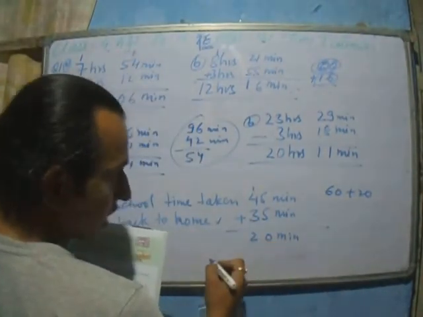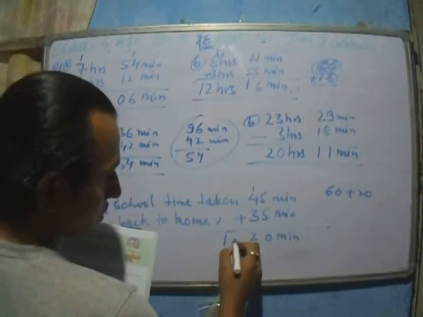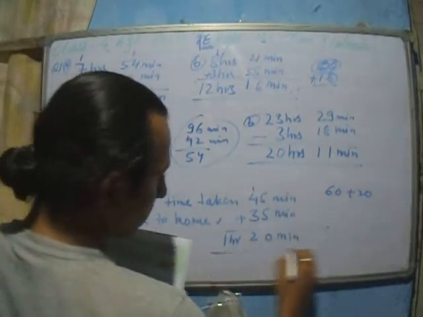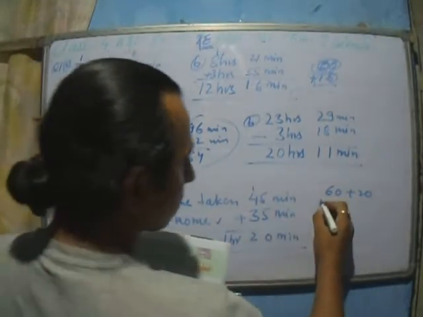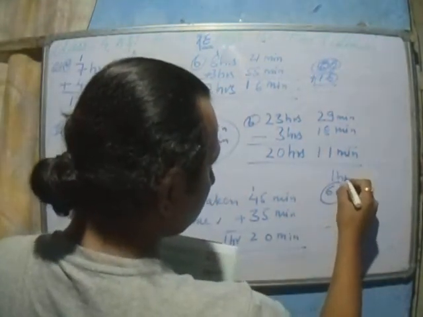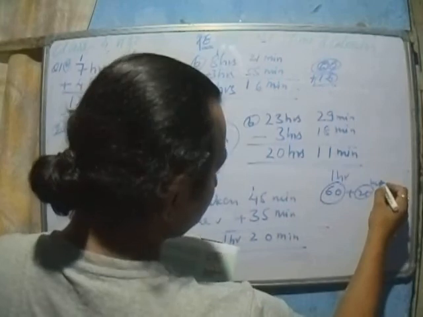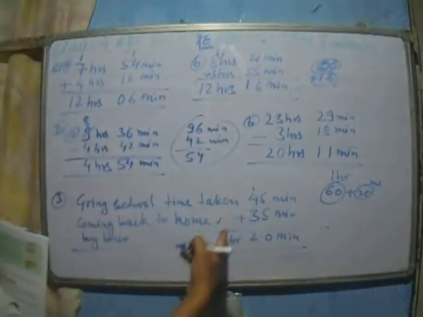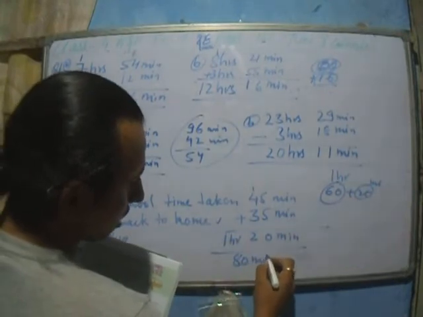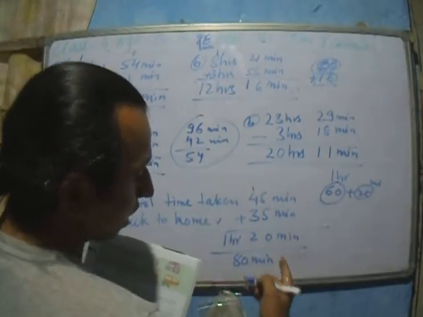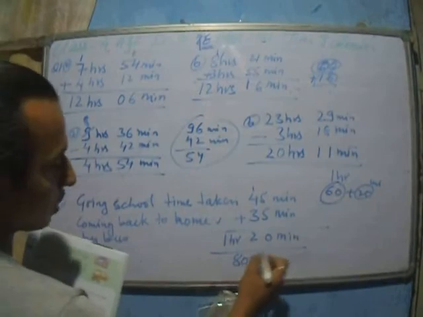So here we left 20 minutes, then 1 hour. So we'll write 1 hour 20 minutes. We are not supposed to write 80 minutes here. We have to write in hours. Okay. So this is hours, 1 hour. This is 20 minutes. So 20 minutes remain here. You can also write, if you want to write 80 minutes, that is also okay. But we have to write in terms of hours, so it is 1 hour 20 minutes is there.